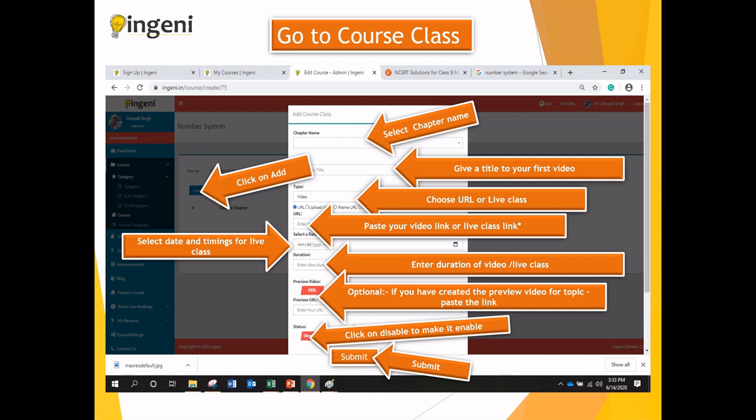So if one particular chapter has possibly 4 classes, then you have to create 4 classes for this, something like this, and submit it 4 times. So then that chapter will be completed, and we will be adding more chapters like this to create a complete course. So possibly if your course has say 10 chapters and can be covered, all the 10 chapters would require 3 or 4 classes, which can be a combination of video or live classes. So you have to create all that here.